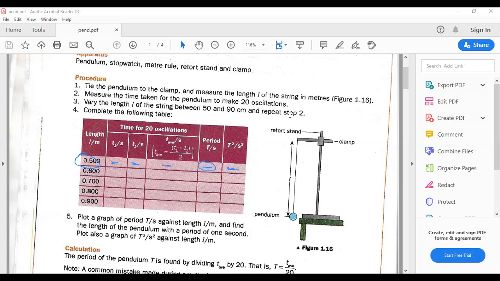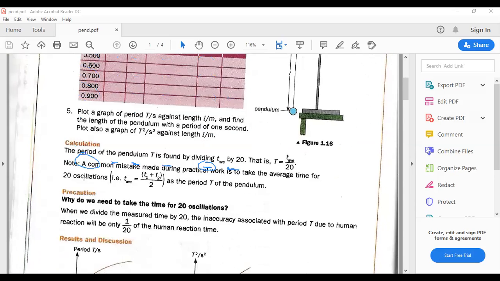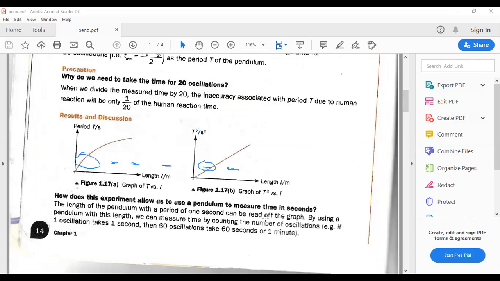Okay. Then what? Then we will try to plot the graph. So as we discussed, what type of graph will we plot? The first graph we will plot is time period on the y-axis and length on the x-axis. And when we plot the graph, we get a curve just like this one. And if we want a linear graph, then we will plot time period squared on the y-axis and length on the x-axis. And then for period squared, we will get this type of graph. Clear? Is it clear?